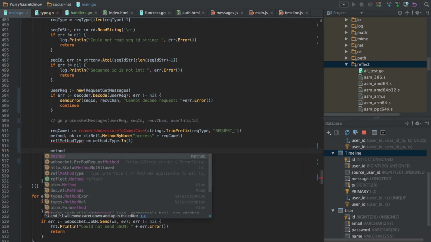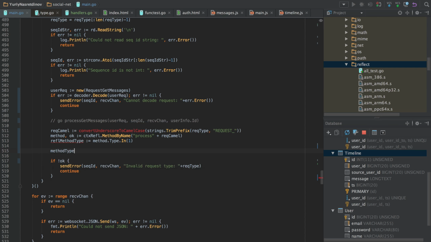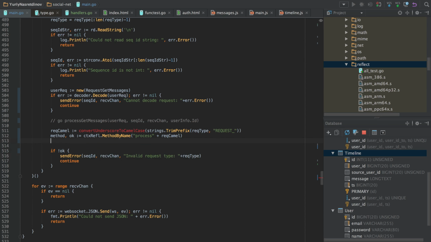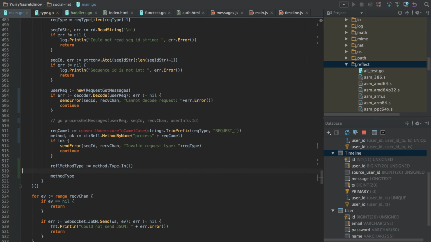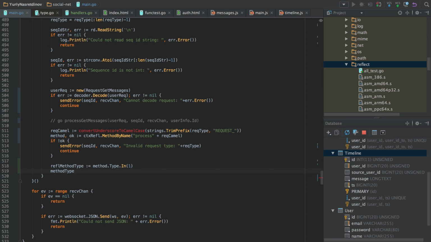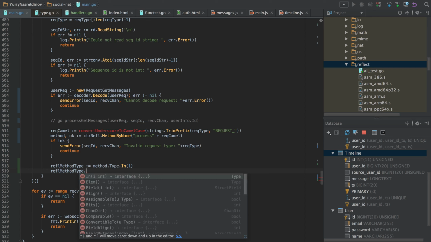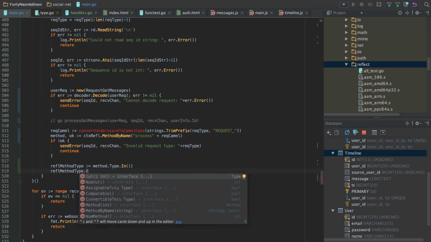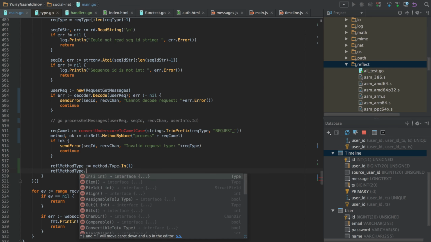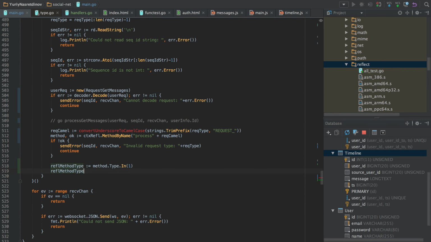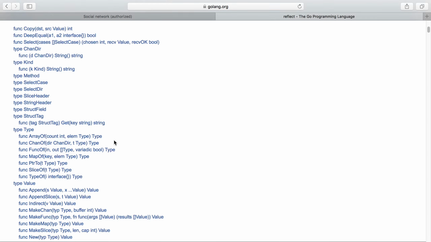And then we need to create an actual value for this type.